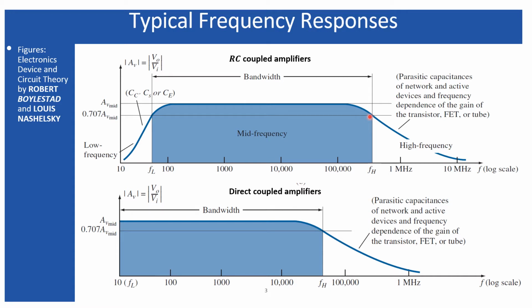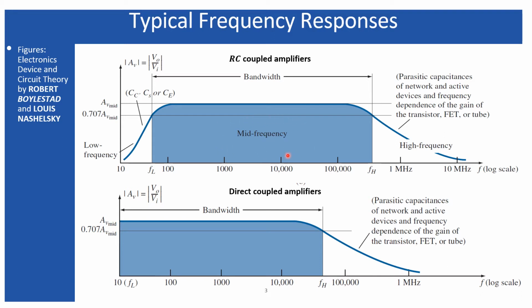Higher cutoff frequencies are not appearing due to these capacitors, because you should remember that when I was analyzing the CE, the bypass capacitor, I assumed that during the range of operation, all these three capacitors except the emitter capacitor behave as a short circuit. That means within this range of frequencies, the capacitors which are responsible for the lower cutoff frequency behave as a short circuit. And since they are behaving as a short circuit, the output voltage attains its peak when you are operating at the mid band frequency.